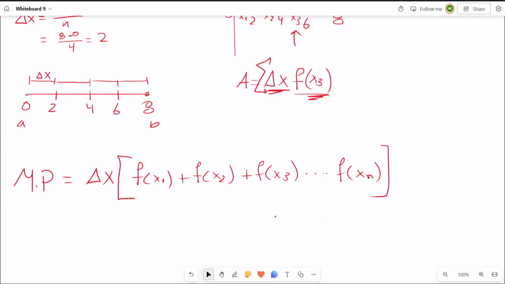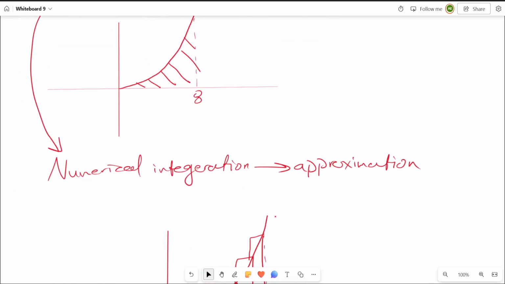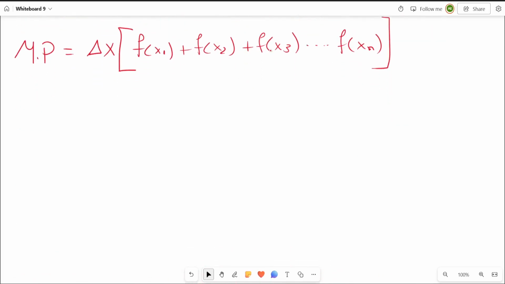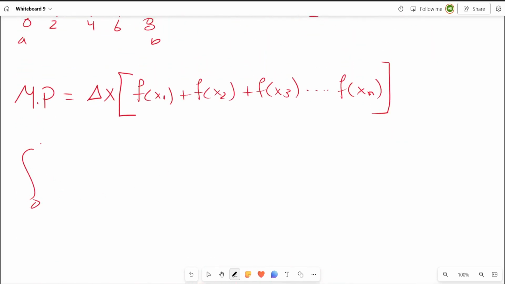So let's try to apply the midpoint rule to our original integration, which was this over here. So the integration from 0 to 8 of x cubed dx. We have n equals 4. That makes my delta x equal to b minus a, which is 8 minus 0, over n, which is 4. So delta x equals 2. So our midpoint rule is going to equal delta x, which is 2, multiplied by